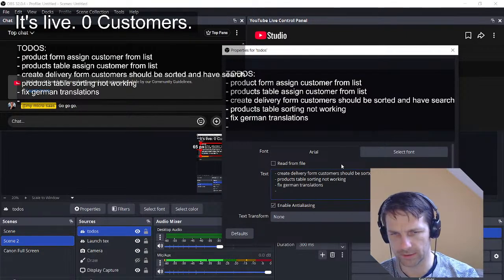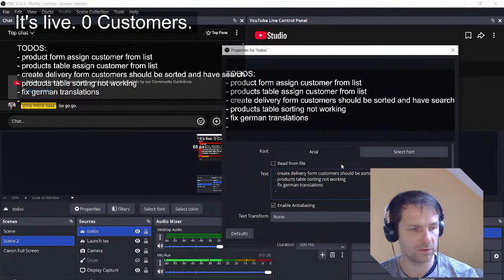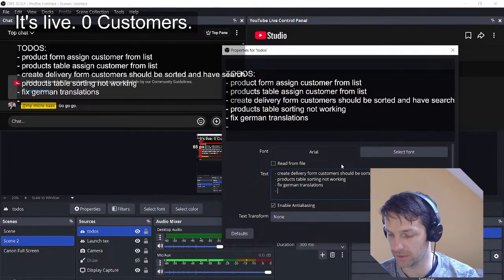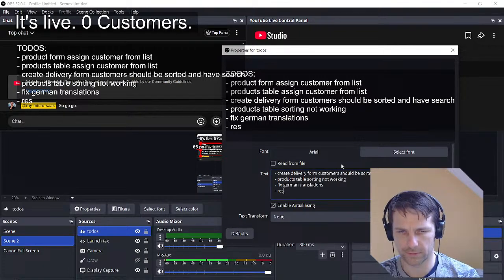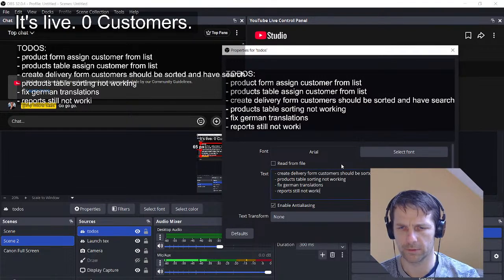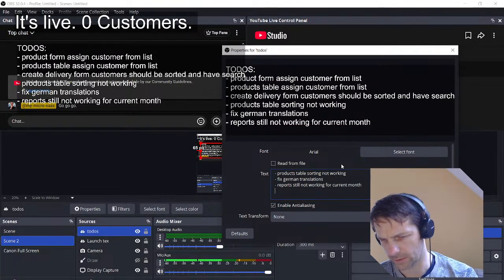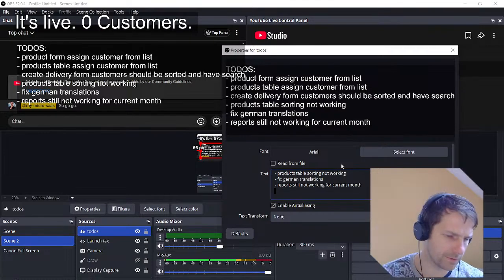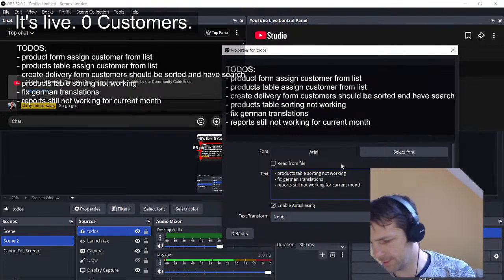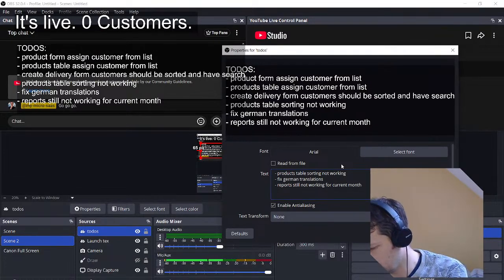Long list, I can see, long list, but I think we can do it today. I have plenty of time. I have most of the day except the 1 hour interview. Reports still not working for current month. Yeah, I think that's it, and I have some notes here. Oh yeah, no notes I can ignore. So yeah, that's the longest list. The list is long of to-dos,